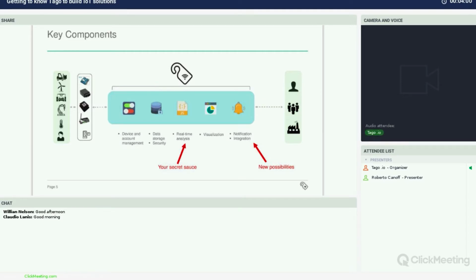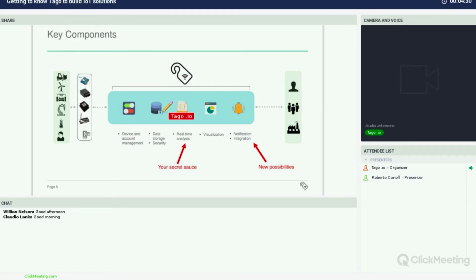Basically by combining the key elements, like device management. The first thing you have is a board, let's say Raspberry Pi, Arduino, or any kind of sensor with a different protocol. We're going to talk later about that. You'll be able to send the data to Tago, and you'll be able to manage this device. You can activate the device, grant authorization, and do other things also for the users. When the data is here,